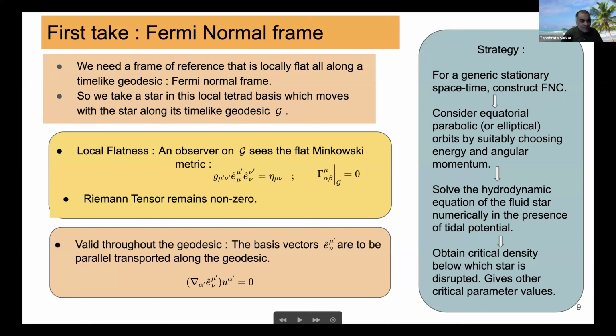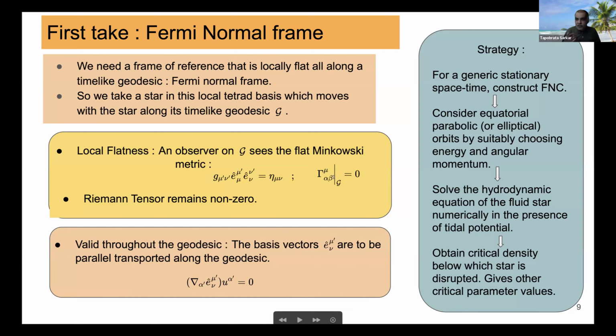The basic idea is that you set up these μ primed as your global coordinates, and the μ are the local ones. You could set up these tetrads so that the metric is locally flat everywhere. And in terms of these μ α β coordinates, the Christoffel connections are 0. The Riemann tensor remains non-zero. This is valid throughout the geodesic. And importantly, according to the construction of Manasse and Misner, the basis vectors are parallel transported along the geodesics.